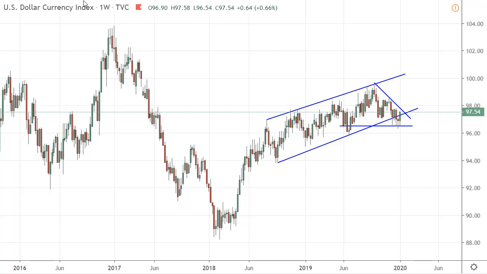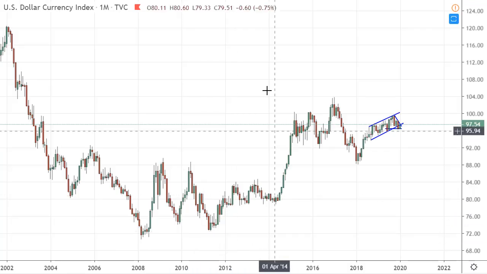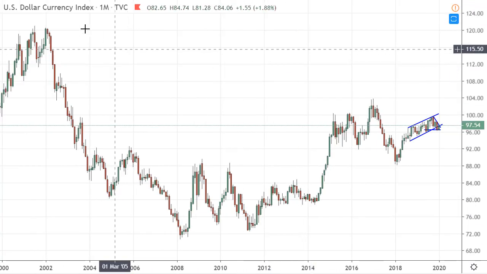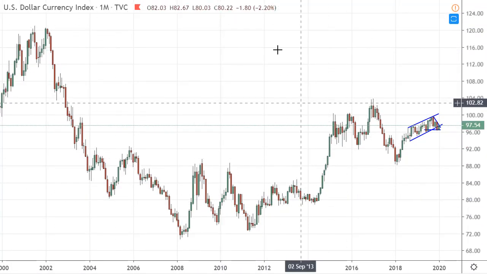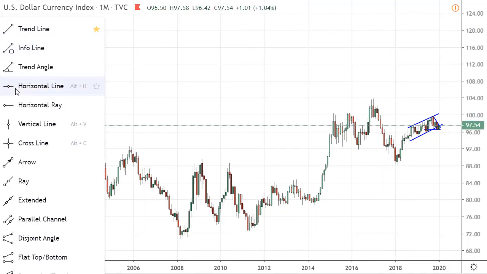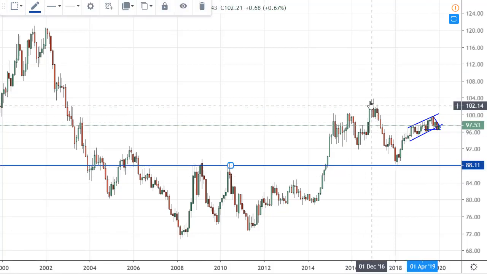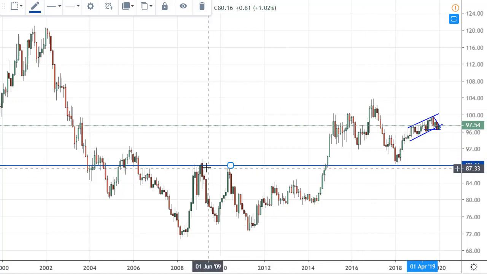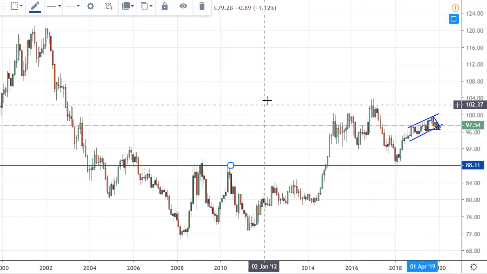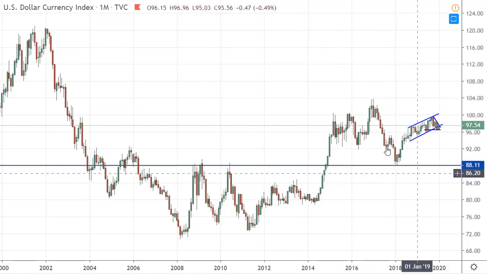Like I said, I want to talk about the dollar index. So I want to go to the monthly chart for a minute here. This is the monthly chart. I'm not gonna really get into everything that happened here in the past, but I do want to get some lines on here that you really should pay attention to. There is a reason why price reacted over here, obviously, because it acted as a resistance level in the past, and now it is a support level.